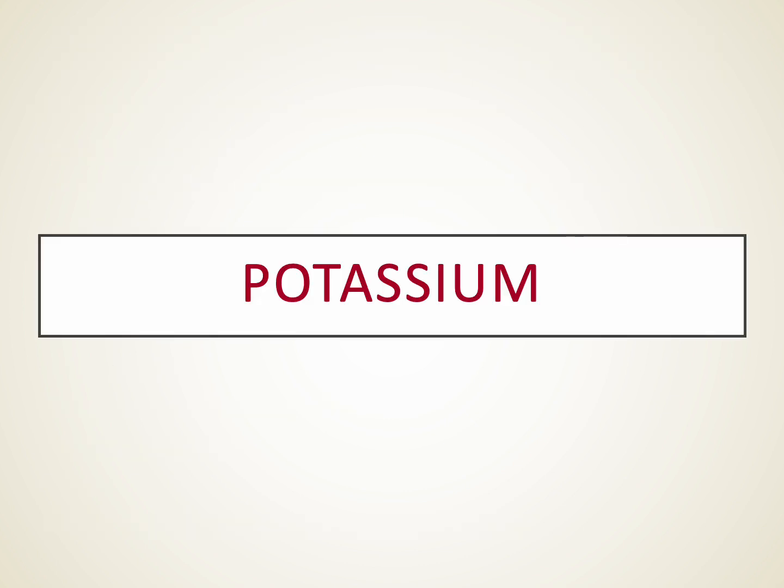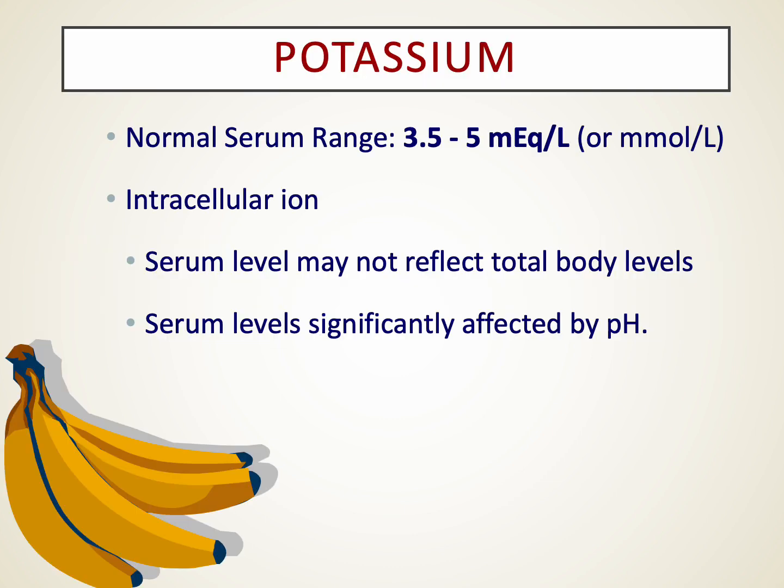All right, let's move now to potassium. As we think about patients with shifts in potassium, first of all, we want to think of what the normal range for serum potassium is. It's usually between 3.5 and 5. It's an intracellular ion primarily, so the serum levels are much lower than the intracellular levels. There might be patients who are significantly depleted in potassium, where the serum levels are not as clear a reflection of how depleted they are. The situation where they would be most depleted, but the serum levels may not reflect that, is in diabetic ketoacidosis, where the acid pH drives